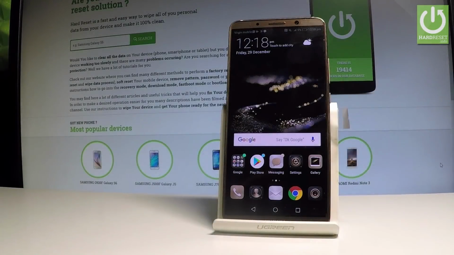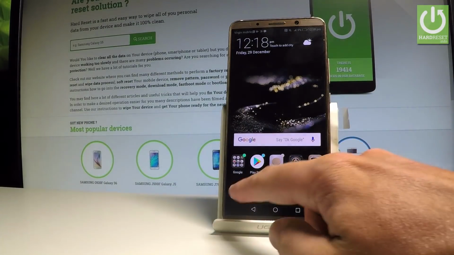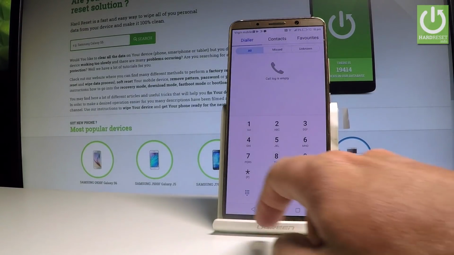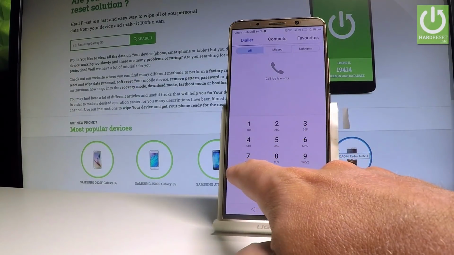I have HUAWEI Mate 10 Pro, and let me show you how to use secret codes on the following device. So at the very beginning, let's start by using a home screen. Here you have to find and select the phone's dialer, and let's start by opening the project menu. So let's use the following combination of keys, the following code *#